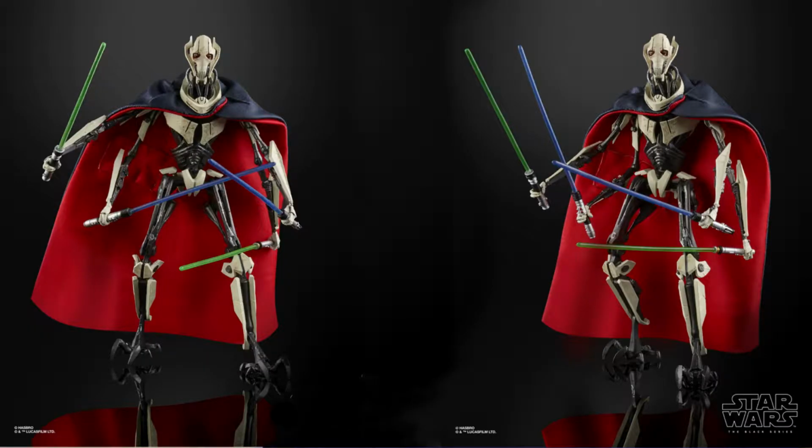This is one that fans have been hammering at Hasbro for a little while now, and to all intents and purposes he looks fantastic. He's got 4 arms to begin with, but these can be clipped together so that you can just display him with the 2 arms if you like. Plenty of pockets for all those lightsabers that he likes to collect, and he does indeed come with 4 lightsabers,